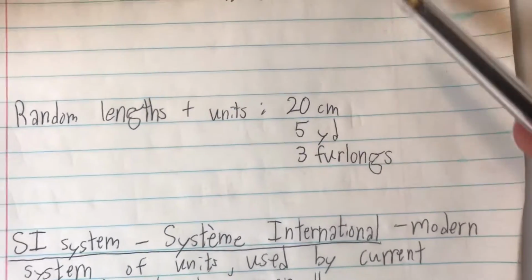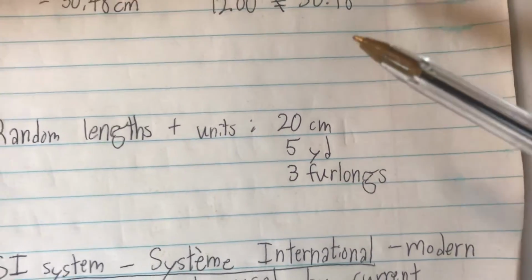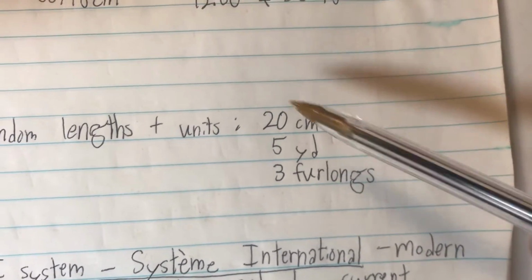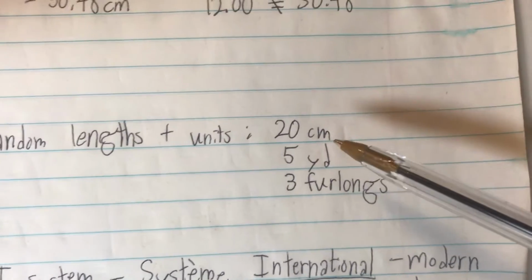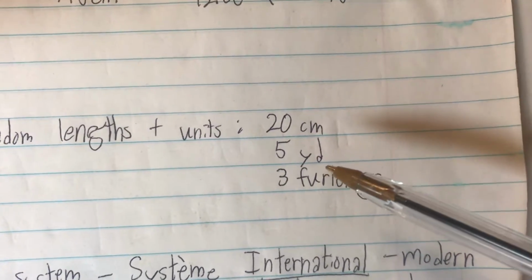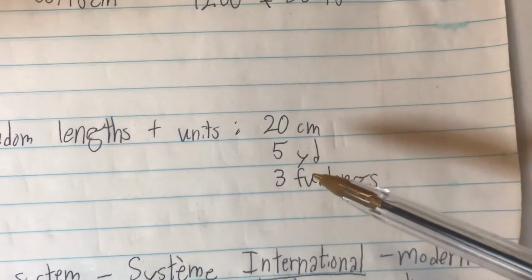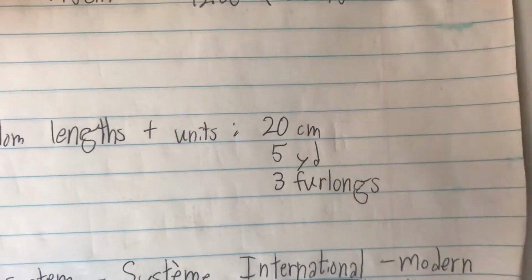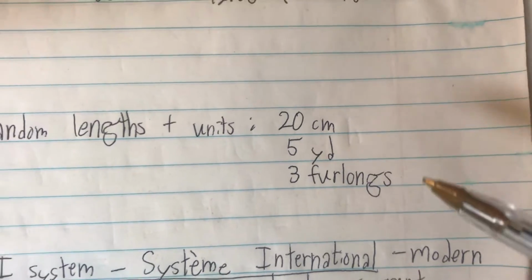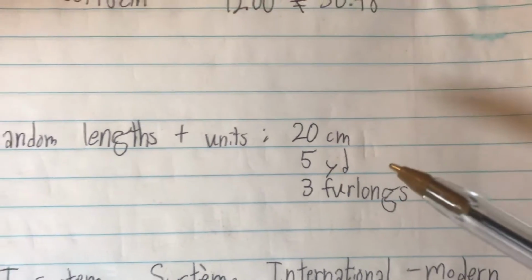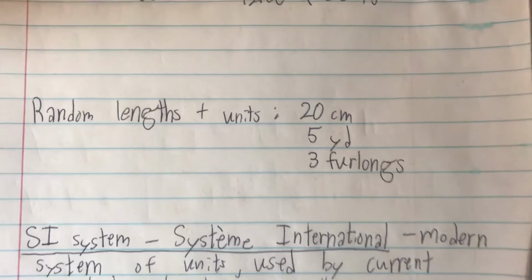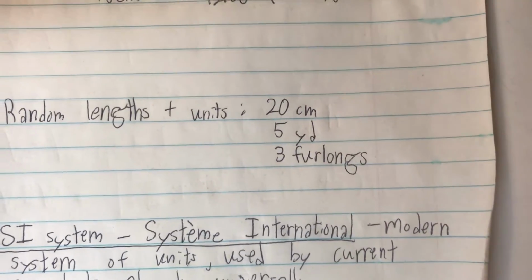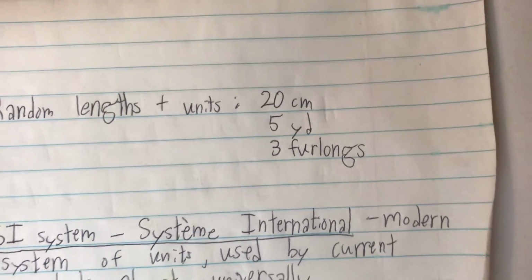But if one person measures the length of a stick as, say, 20 centimeters, and someone else measures another stick to be 5 yards, and another person measures a third stick as 3 furlongs, and we keep measuring in more and more lengths with different units, then it can become hard to have a firm grasp of how these lengths relate to each other. For this reason, scientists have developed a specific system of units that should be applied almost